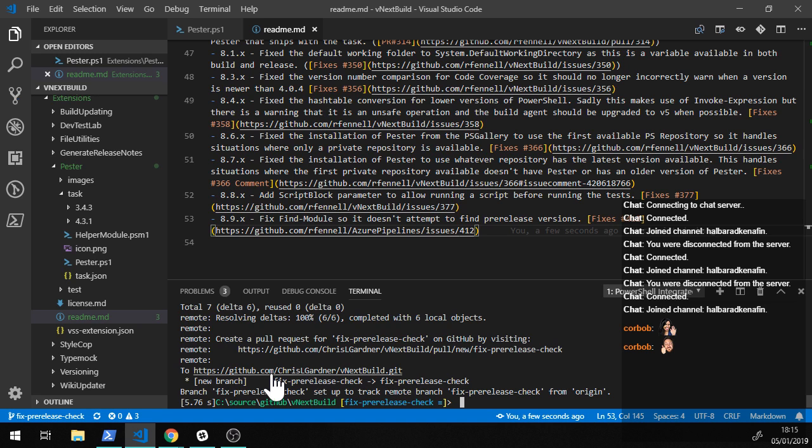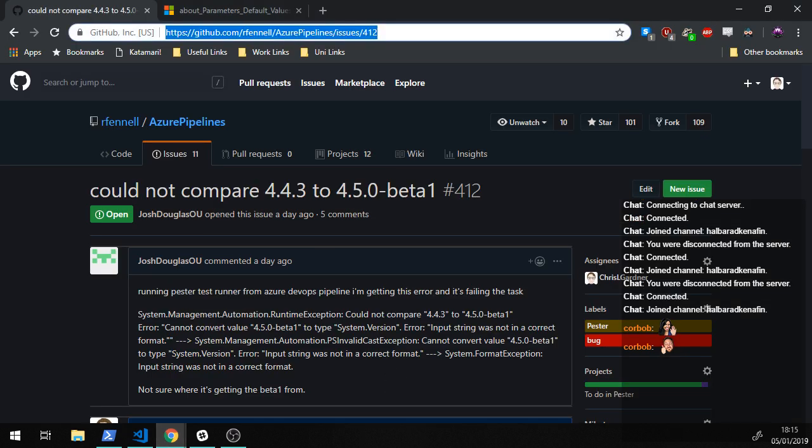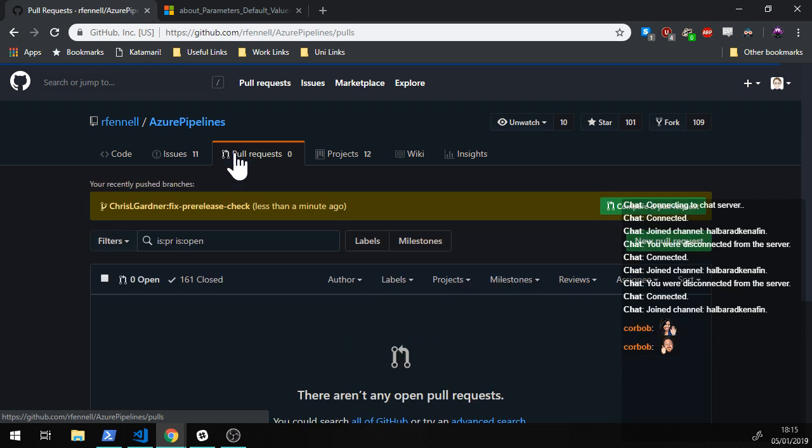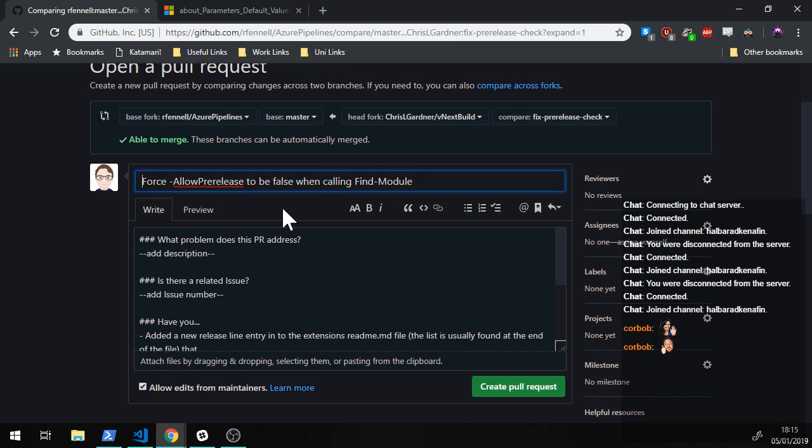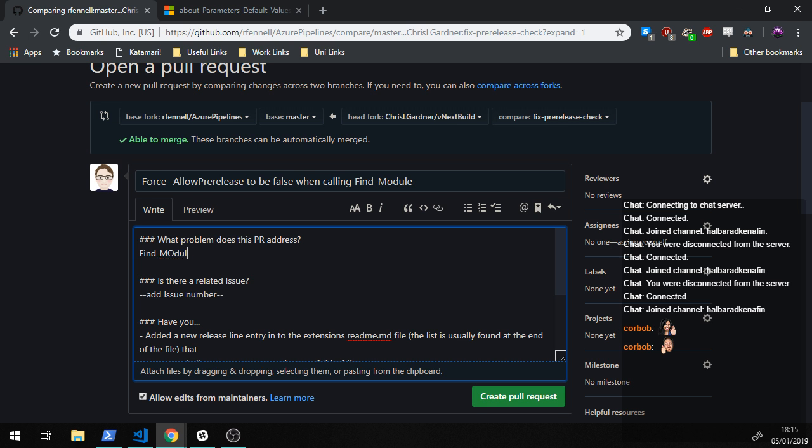There we go. Right. So if I jump back over to here, let's create a pull request, and then we can show off our release pipeline that we have in place for this. My module was sometimes finding pre-release versions of Pester, which was causing it to fail as